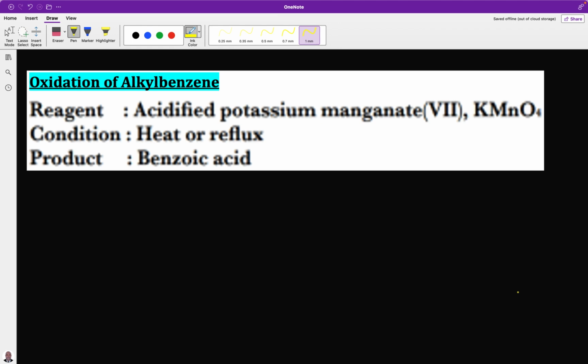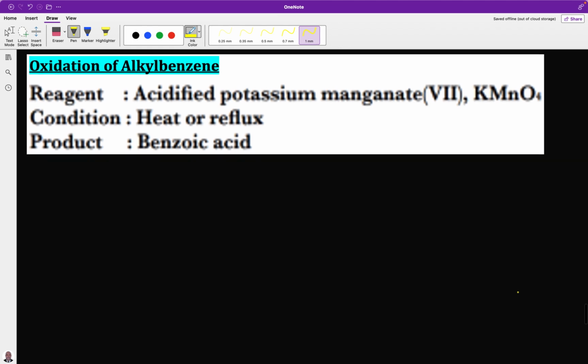It should be remembered that with oxidation of alkylbenzene, even though the methyl group is 2,4,6 directing, in this situation